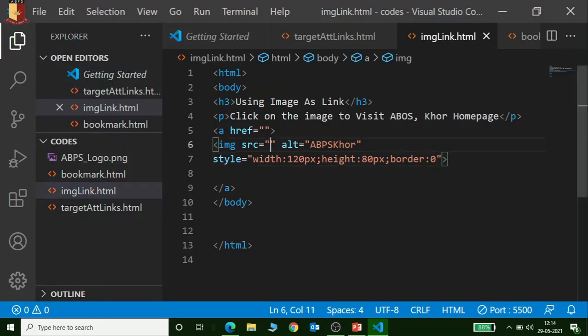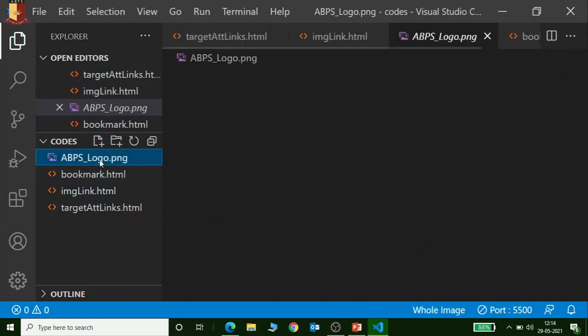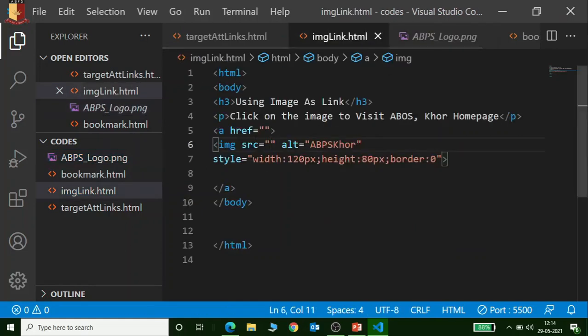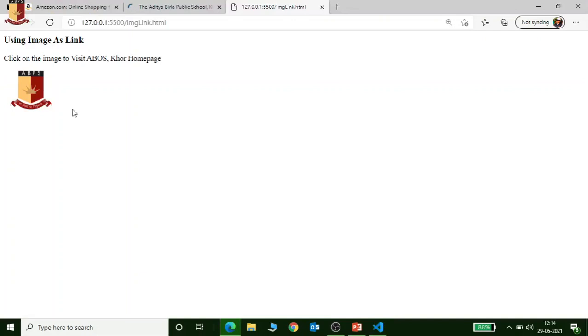Now what you can do is copy and paste some images here. I have already pasted one here. Just check the name: ABPS logo.png. Move back to the image. So just type that image name, ABPS underscore logo.png. So this file, let me save this and just check.